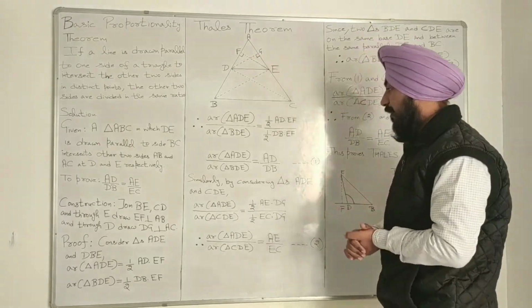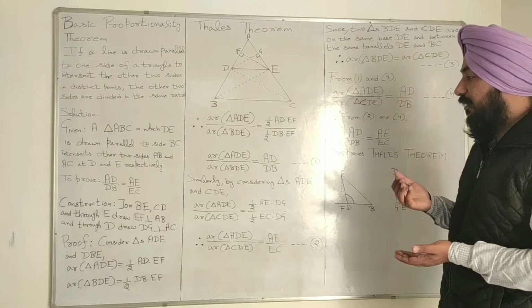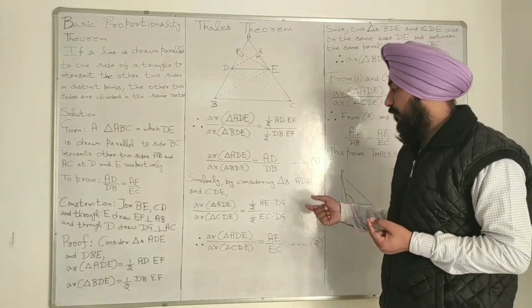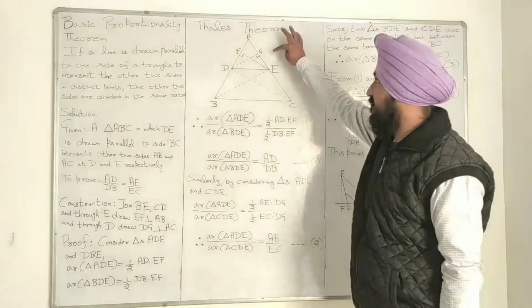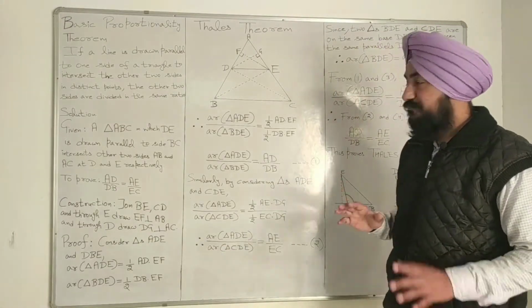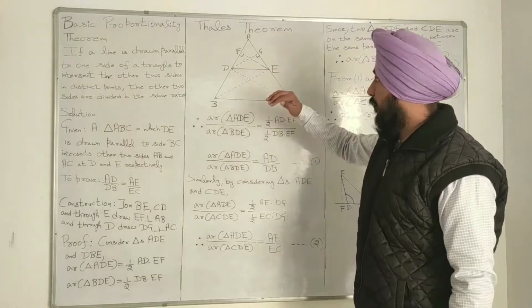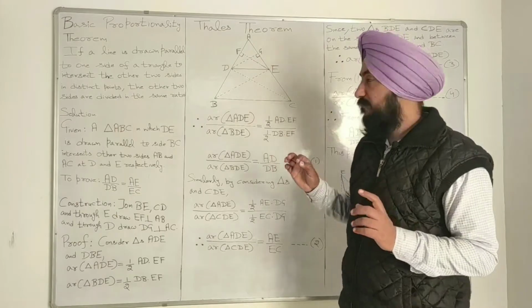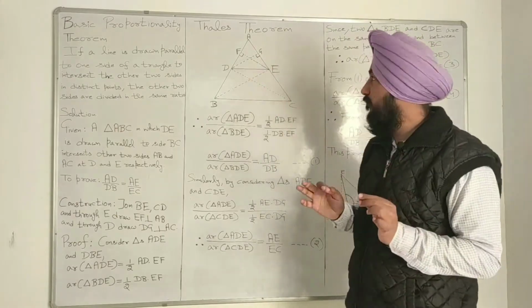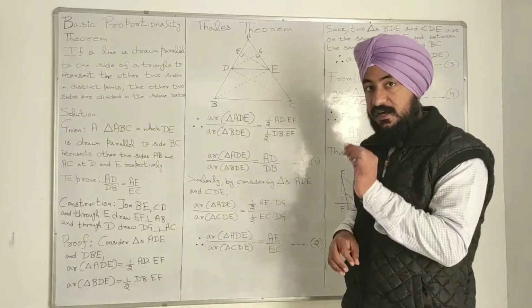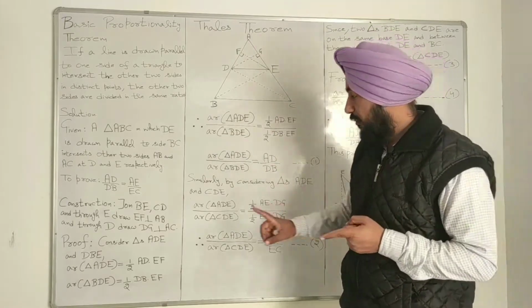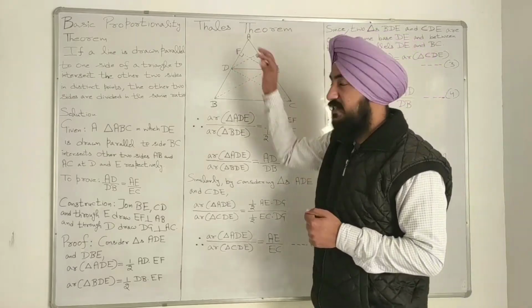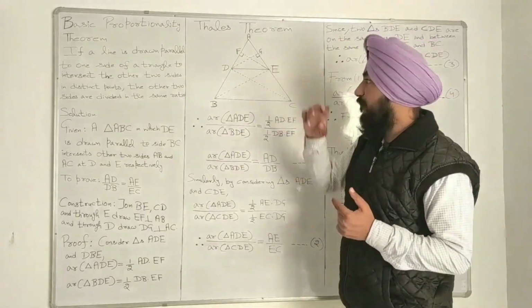Similarly, by considering triangles ADE and CDE, we shall calculate the area of triangle ADE upon area of triangle CDE, which is equal to 1 by 2 base in the triangle ADE. The base is AE and the perpendicular is DG. Please notice here. Now we are considering this DG as the height of this triangle ADE. DG is the perpendicular on this line AC. In the first case, we took EF as the height of this triangle ADE. Why? Because in that case AD was the base. Now we are going to take the height DG.